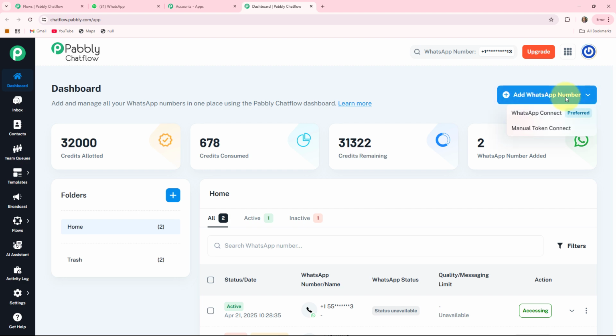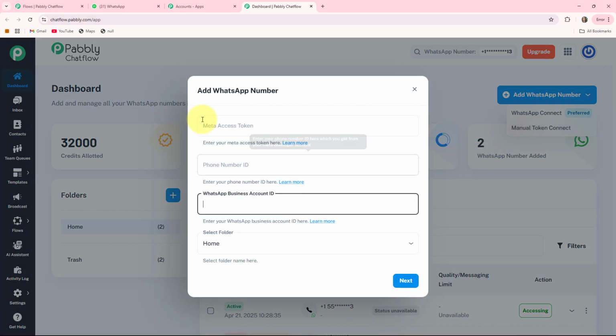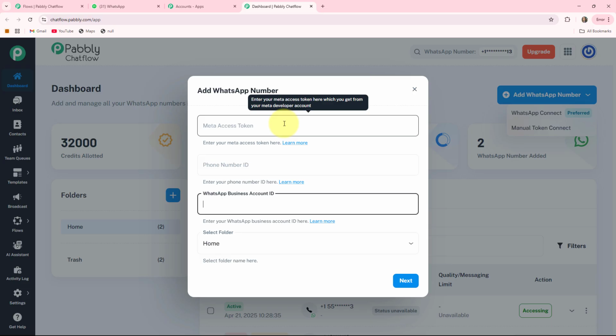When you click on this, it will provide you 2 options, that is WhatsApp Connect and Manual Token Connect. WhatsApp Connect might involve scanning a QR code or entering the phone number and verification code. The second one is the Manual Token Connect. When you click on this, it will ask you for the Meta access token that you can generate from your Facebook